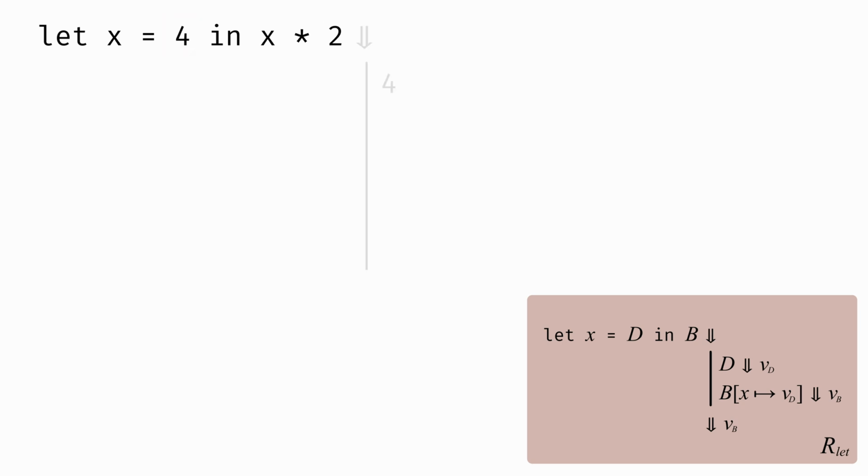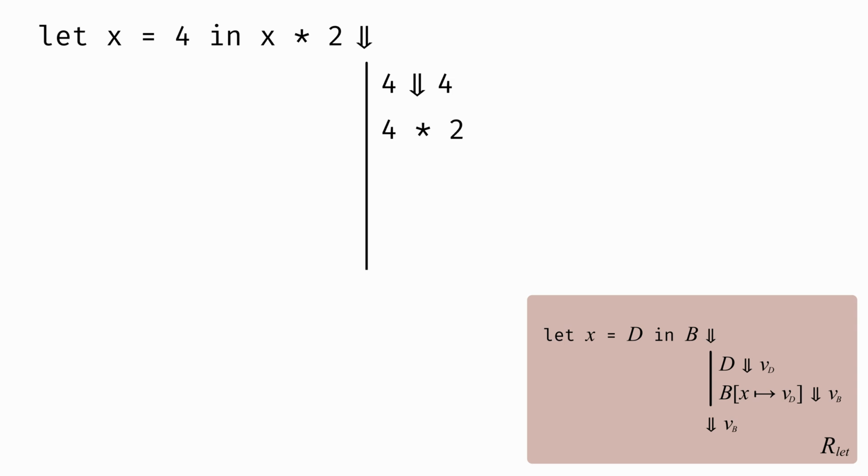We'll start by evaluating the definition. The definition is just an integer 4, which evaluates to 4. The next step of our rule is we need to evaluate the body x times 2, but with occurrences of x replaced by the value of the definition, which is 4. So instead of evaluating x times 2, we'll evaluate that expression, but with x substituted with 4, so we'll evaluate